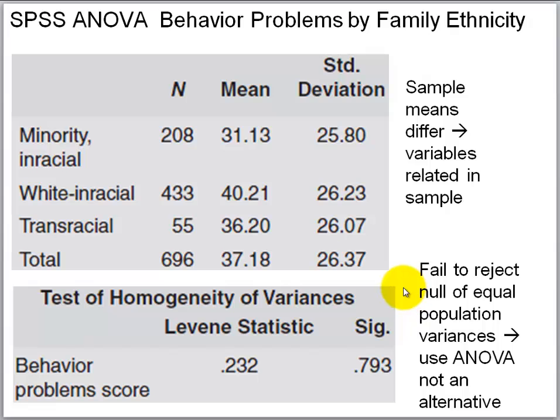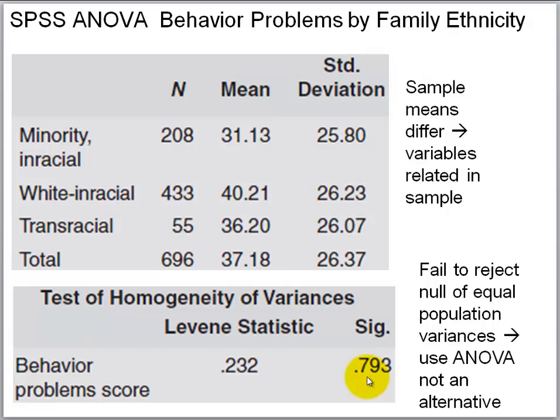So the SPSS statistical package conducts a Levene statistic to determine whether the equality of variances assumption is violated. SIG stands for p-value. The p here is 0.793. That p is much greater than 0.05, which is presumably the level of p that we would use, so we would fail to reject the equality of variances assumption. So there's no indication that population variances differ, and we can confidently carry out ANOVA